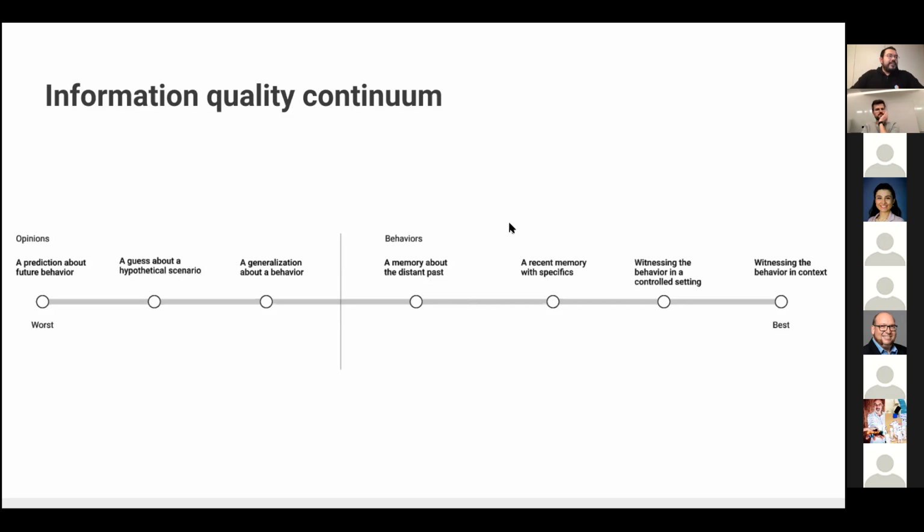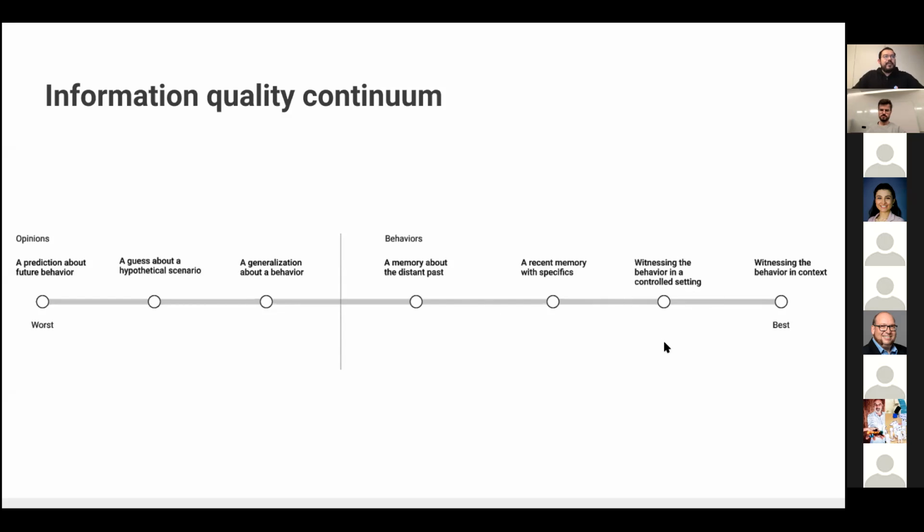So getting into the realm of pretty good stuff, you're asking someone about something that happened recently and that they did, and they give you specifics, such as the quote that I've shown you a few slides ago, where the person is recalling the time when the thing happened and the sequence of events. So there you're starting to get into, okay, this is pretty good information. What would be even better is actually witnessing the information in a controlled setting. So,